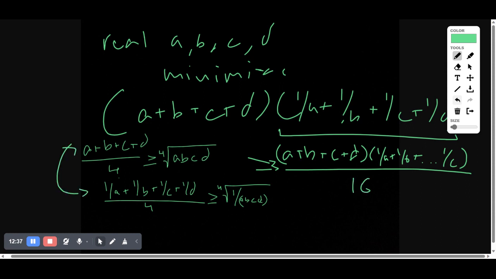Mind you, we're multiplying the left two sides first. And then we know that's greater than or equal to the product of the right sides, or the fourth root. And note that the ABCDs cancel, the fourth root of 1, which is just 1. Greater than or equal to 1. This means that,